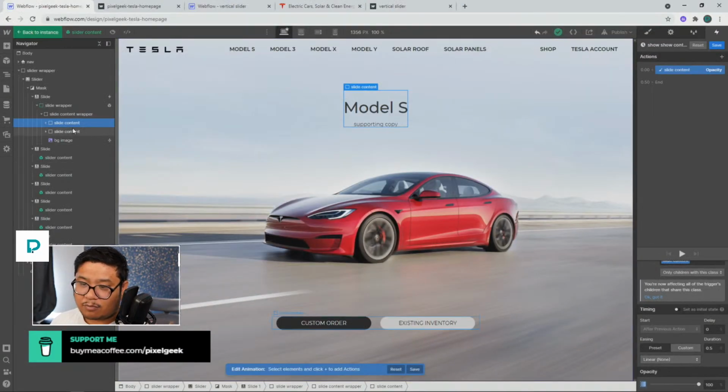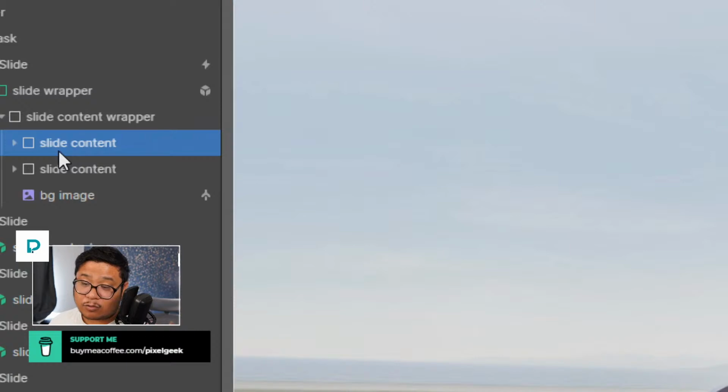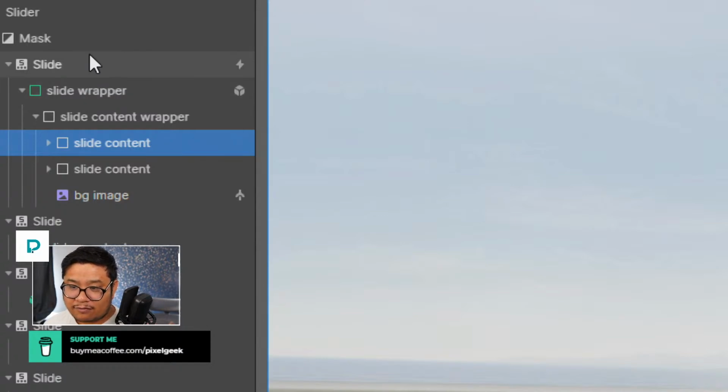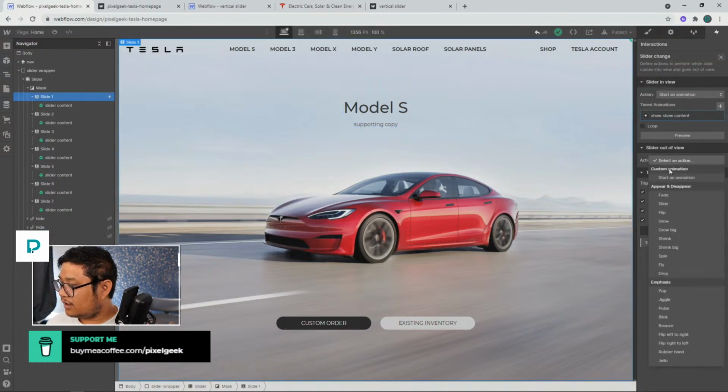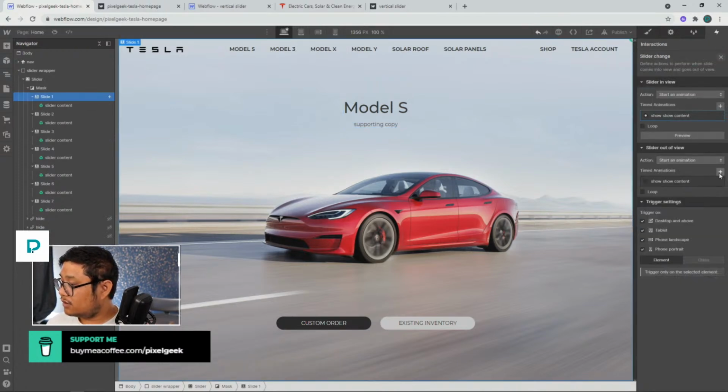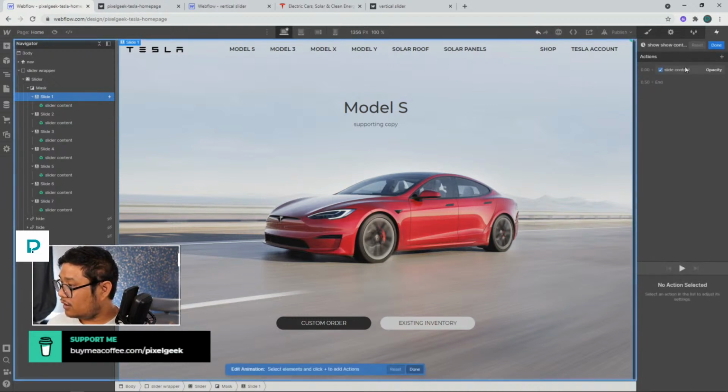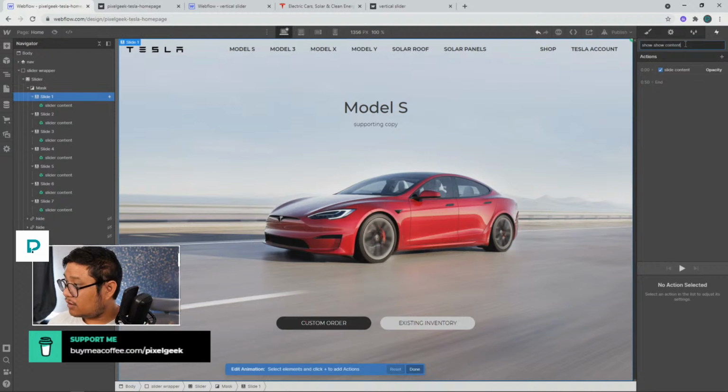Right? So that happens on both. Even though I only clicked on this one, it's going to happen to both because both of them have the same class name, and they are a child of this. All right? So save. And slider out of view, I'm going to just duplicate that one and say